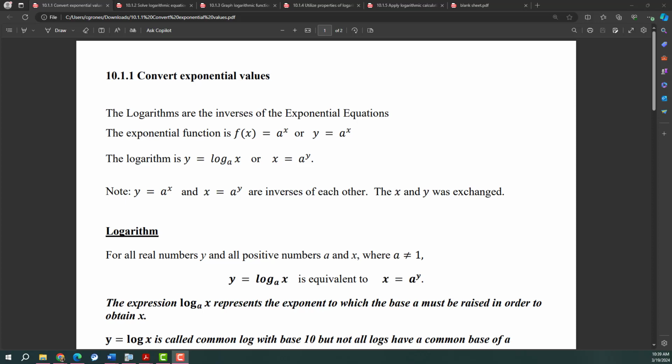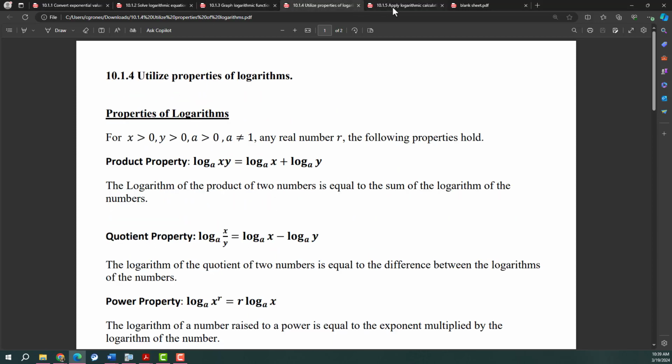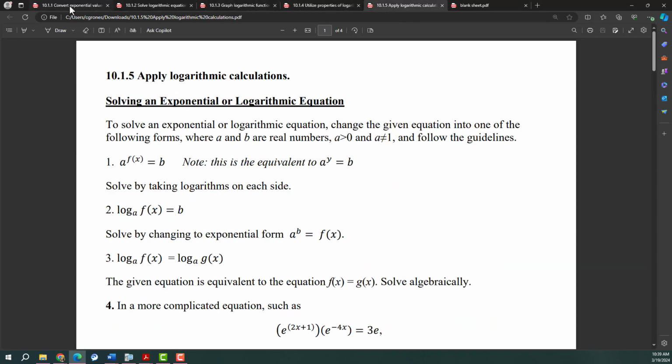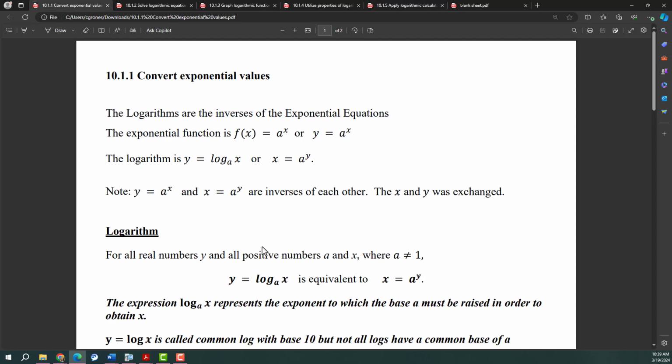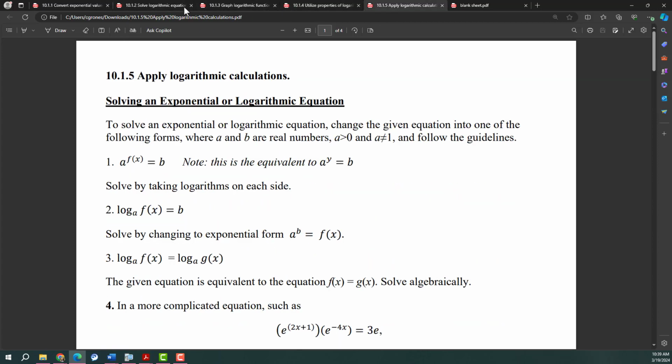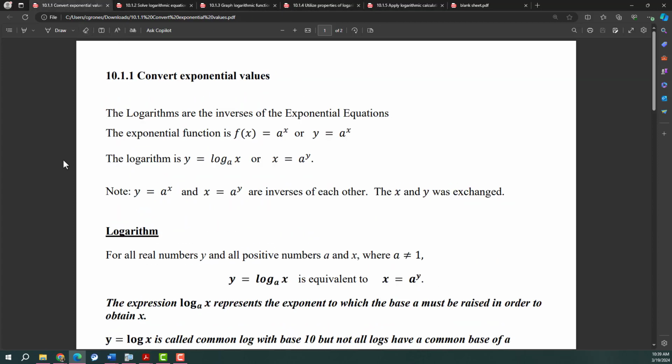Alright, in this video we are going to be going over Module 10, which is logarithmic functions. Module 10 is broken up into 5 different lessons. I'm going to go over each of these notes. These are the notes from Canvas. I'm going to go over each of these 5 lessons, and then I will work the homework at the very